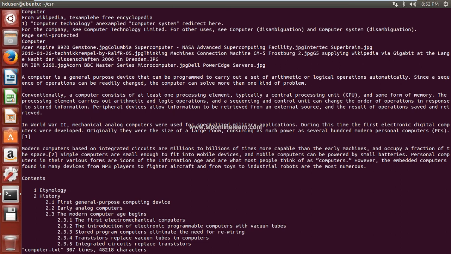Next one, capital A. Append text at the end of the current line. See, what is the end of this current line? Dot, full stop. So if I want to move to the end of the line, then one way is in command mode use arrow keys, or in command mode use the command capital A. Now I am going to press capital A. See, the cursor is moved to the end of the line, and now it is in insert mode.